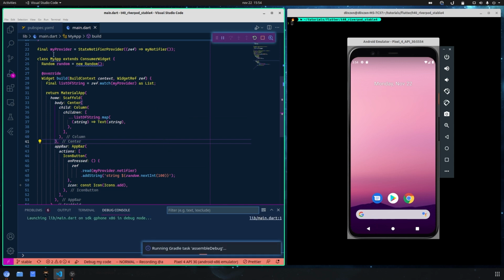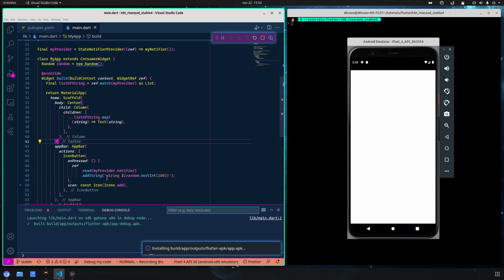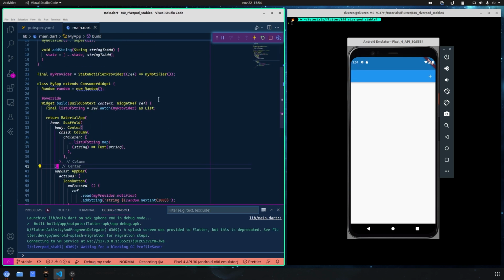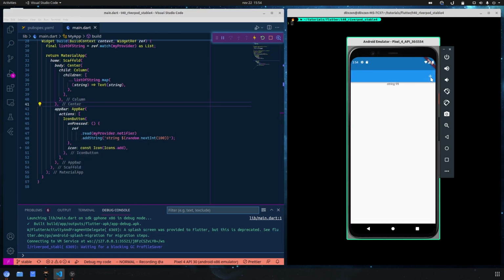If you don't want to use the random thing, you don't have to. It's just to show you that it is a different string every time. So it seems that it's running and it should print. Okay, it is working. So as you can see now, every time we type the plus, it updates the state, and every time that we press the button, it calls this function here, it calls our provider, and